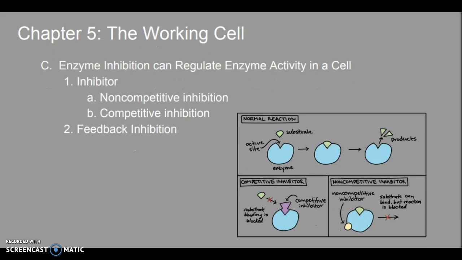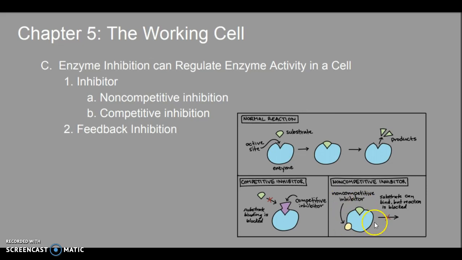Now, even though enzymes exhibit specificity with their substrates, there is still competition through non-competitive inhibition as well as competitive inhibition. When speaking of non-competitive inhibition, we're going to be talking about an allosteric site, and this can be seen here. This white molecule is seen as a non-competitive inhibitor because it's going to bind to that allosteric site, which is going to create a conformational change in the active site of this enzyme, making it difficult for the substrate to form an induced fit with the enzyme.